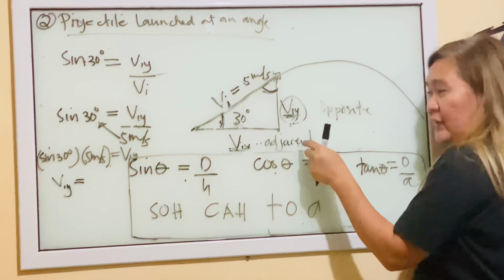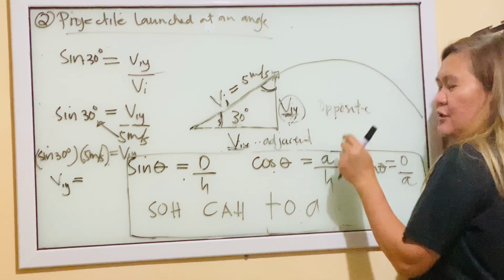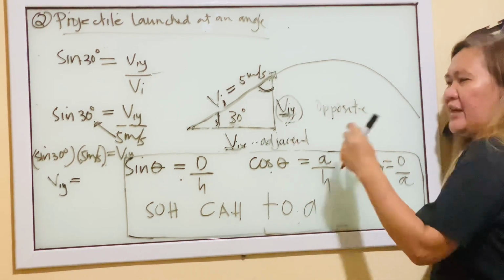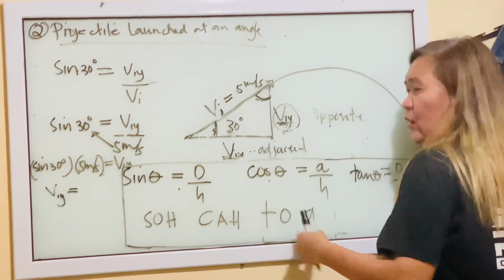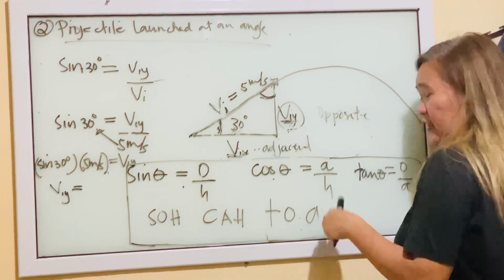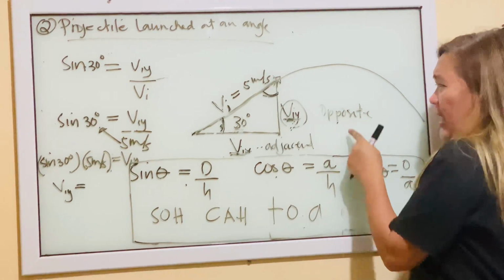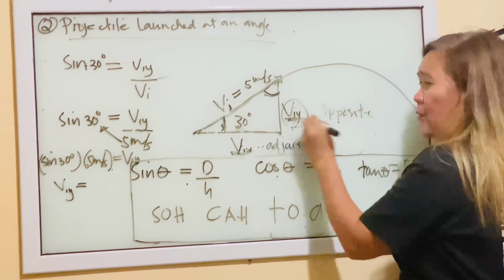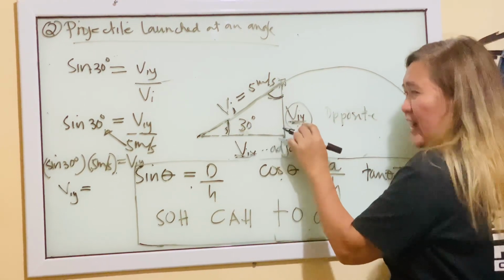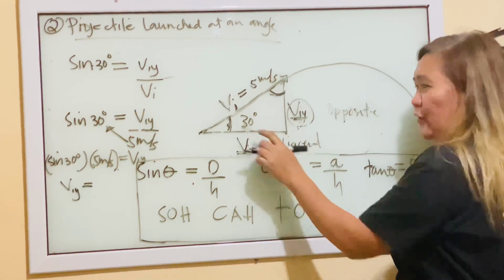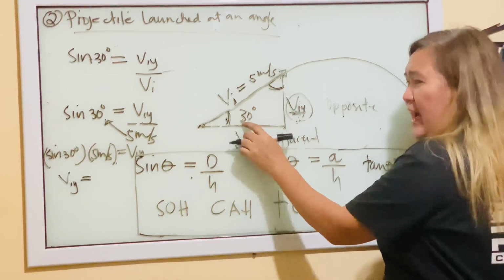Now, after knowing your adjacent and opposite sides, you are now ready to substitute the quantity to your trigonometric function. Now, anong gagamitin mo pag isosolve yung V sub IY? Most of the time, ang ginagamit sa V sub IY, since V sub IY is opposite side of your angle 30 degrees, hanap ka